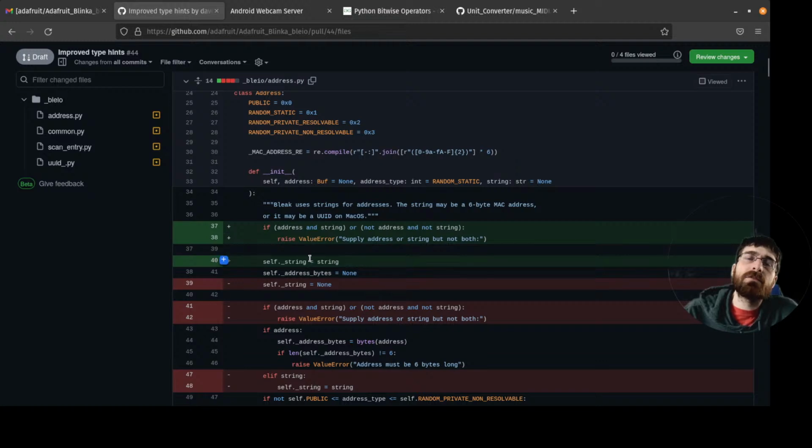By address or string, but not both. So before, it put address bytes to none, it put underscore string to none. Then it did the check.